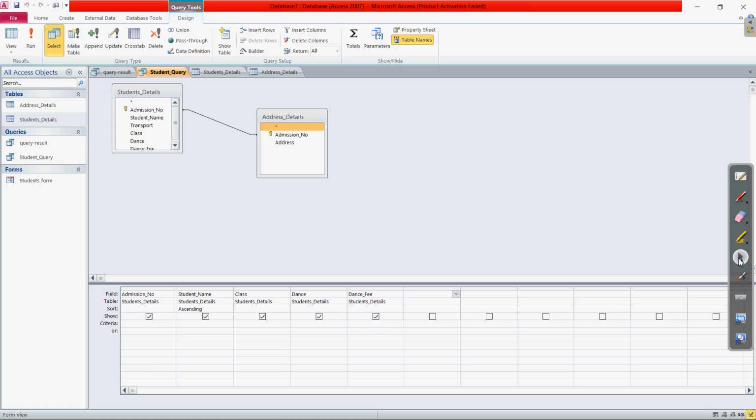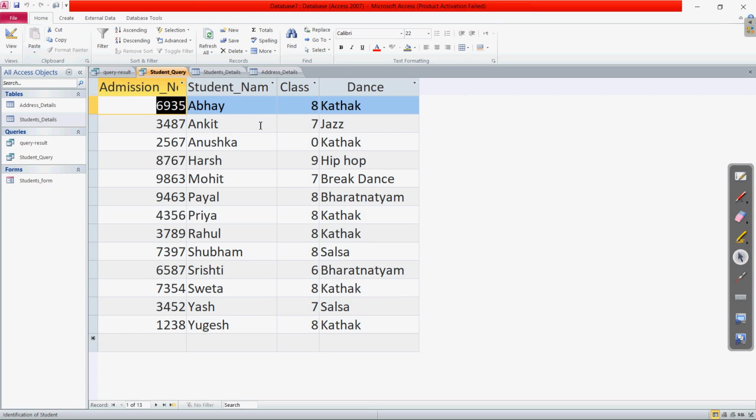If you want to hide this dance fee, what do we have to do? In this checkbox, click again, and this is now unchecked. So it means it is hidden now. Let us see and verify. So now if I click on the run button, you can see the dance fee is not there. Clear?